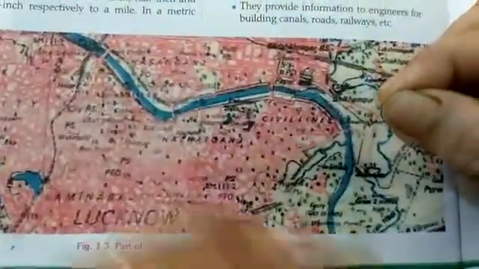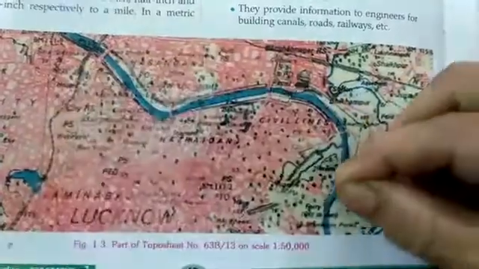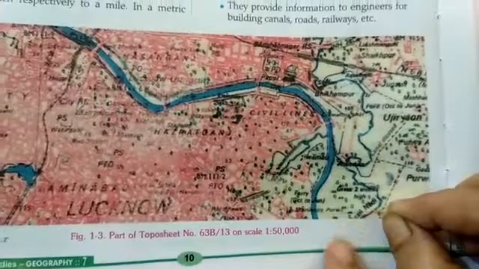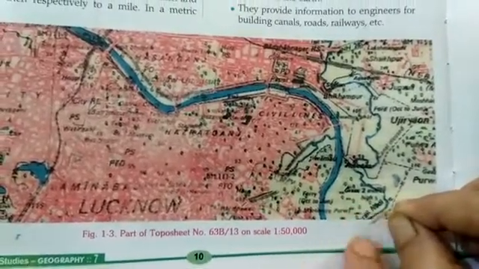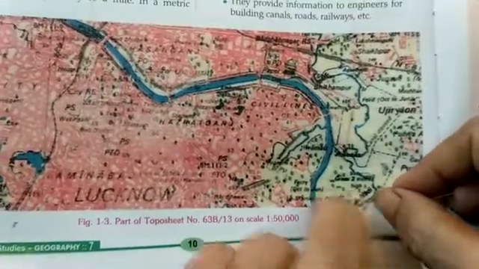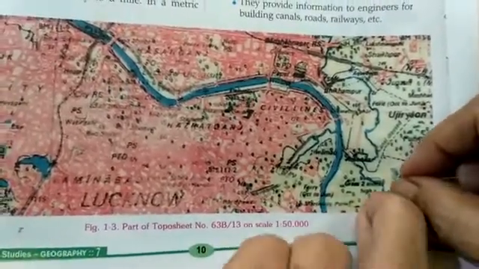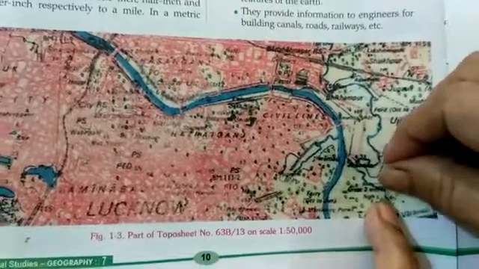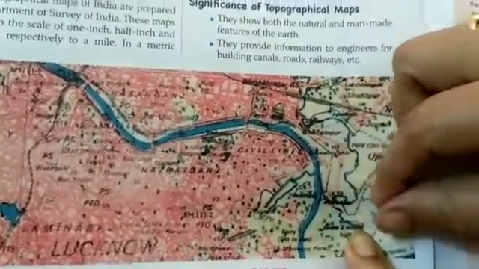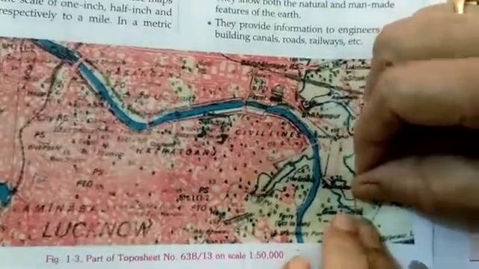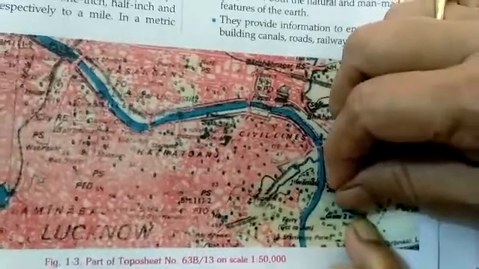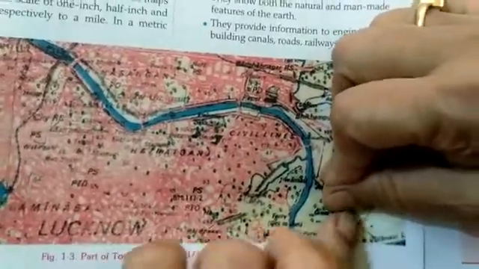Take the end of the thread, just the end, and put it from the beginning of this river. This is a river here. Some Nadi is written. The name is cut here. So we take it as a river. Now in this way, on the line where it is curving, you curve. You put it like this. In this way you go on. So you put it again this side. The end should be pressed with your finger. Then turn it. Then here is a curve. Again you turn it.